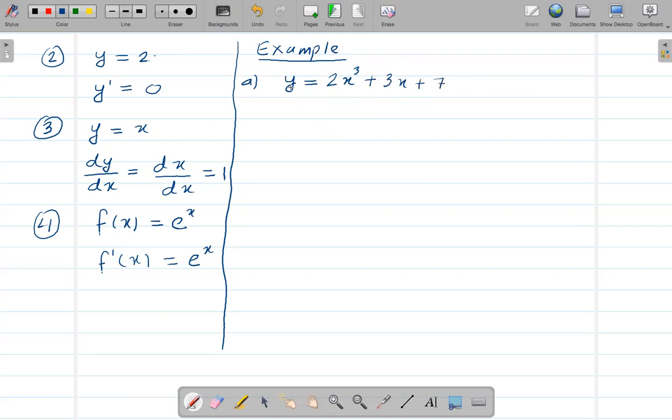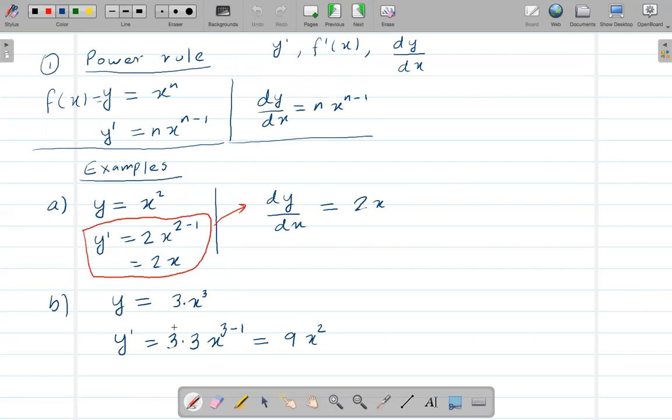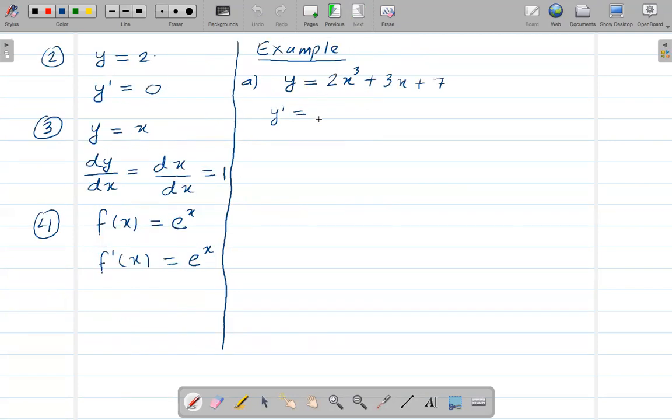Now we are taking the derivative of this, so we can write y prime equals, okay, now here this 2 is attached with this x to the power 3, and these two are multiplied. So like I did here, I can just simply write 2 here again, and then just take the derivative of x to the power 3, right? In that case, using the power rule, I can bring this 3 down here, and the new power we get is x to the power 3 minus 1, right? Plus